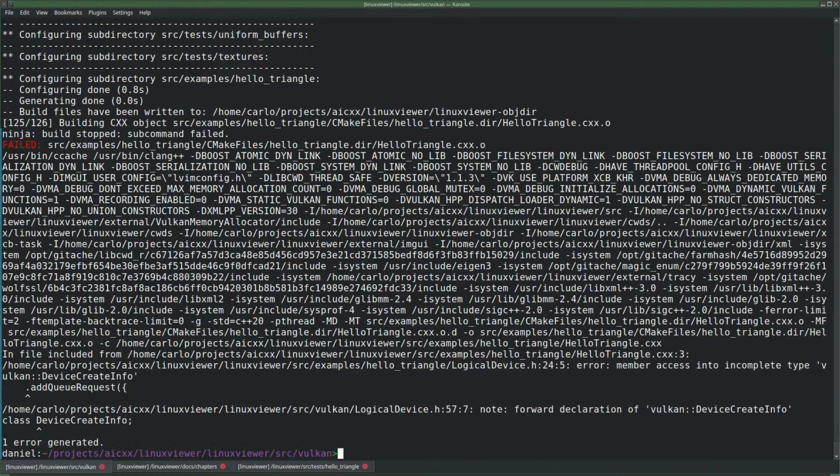That didn't look good. That went way too fast. Well, it's not defined, that's one thing. But it was apparently also not defined while compiling the Vulkan engine itself.